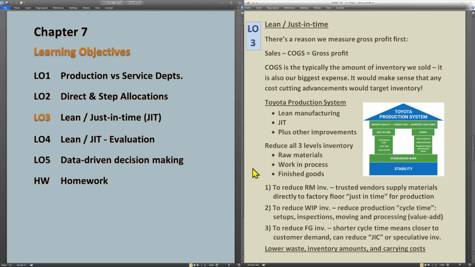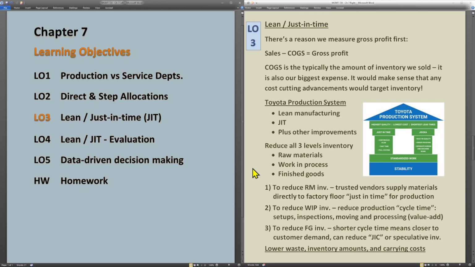There's a reason we measure gross profit first when we're looking at the net income. And just to remind you, sales minus cost of goods sold equals gross profit. Then we take out operating expenses, and that becomes net income. And what is that? Remember, COGS, cost of goods sold, is just the inventory we've sold. So inventory and COGS is inventory sold. So I guess you could call the two of them, inventory is inventory not yet sold, and COGS is inventory sold. So it's the same stuff. It's just before and after